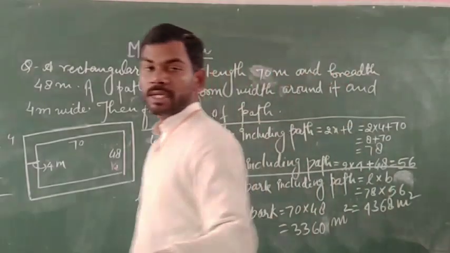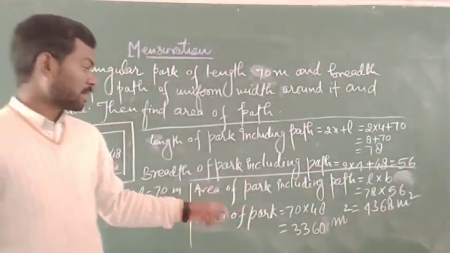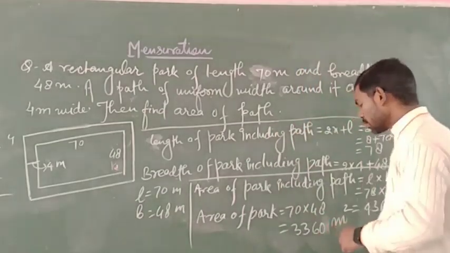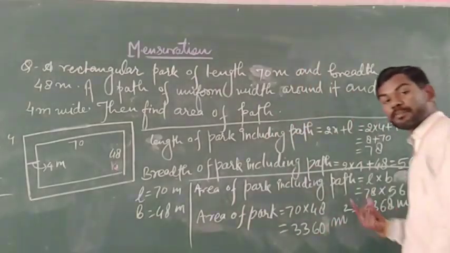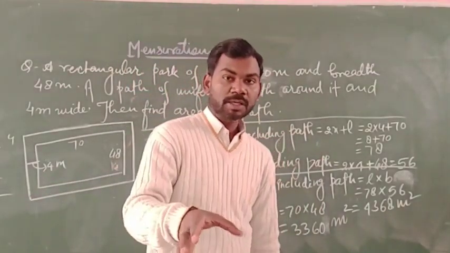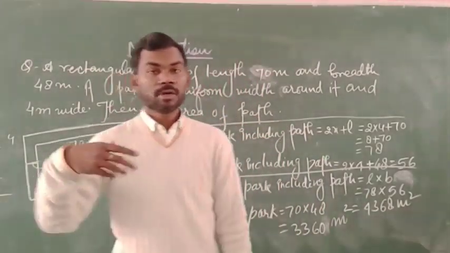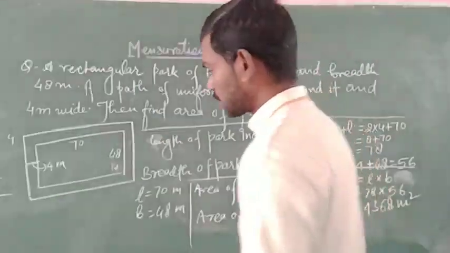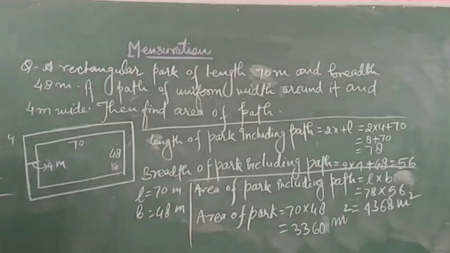Now both areas are clear, and in order to get the area of the path we have to subtract the area of the park without path from the area including path. So we get our result. In order to get the result, we write here